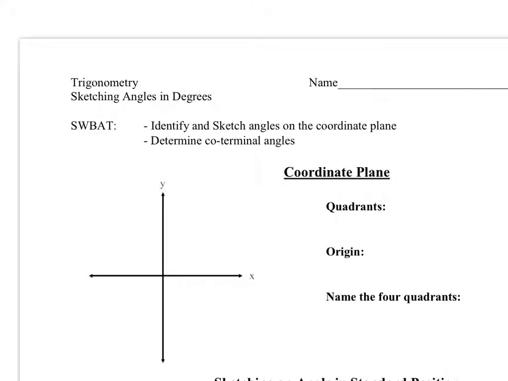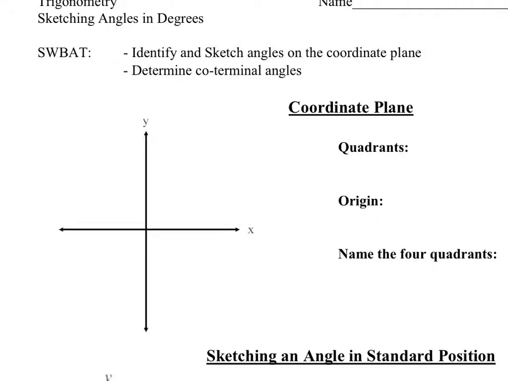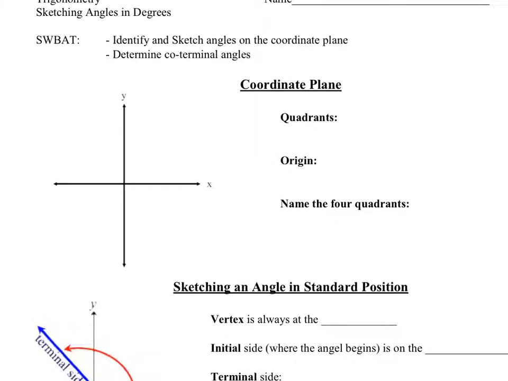Okay, and today we're going to be talking about sketching angles. First you have to know we are going to be sketching angles on a coordinate plane, so you have to know what quadrants are and origin and all that stuff. So quadrants, hopefully you understand, are the four sections